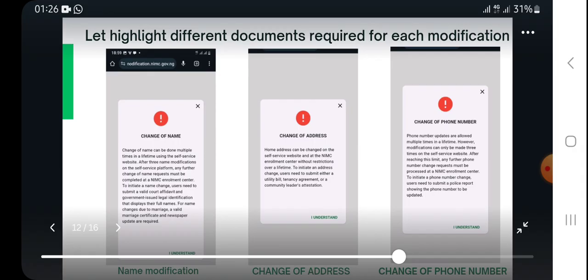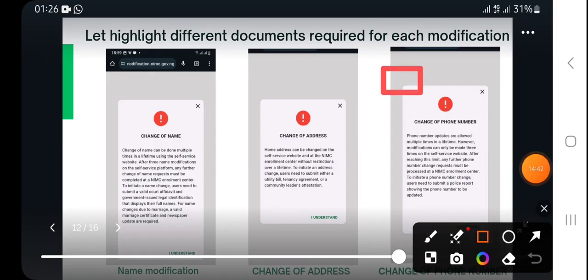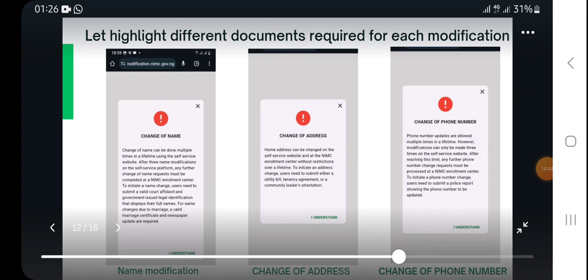So for the change of phone numbers, this is the document you will need. For phone numbers, updates are allowed multiple times in a lifetime. However, modification can be done 3 times on the self-service. You can only do this 3 times on the self-service. After reaching this limit, any further number change request must be processed at the NIMC